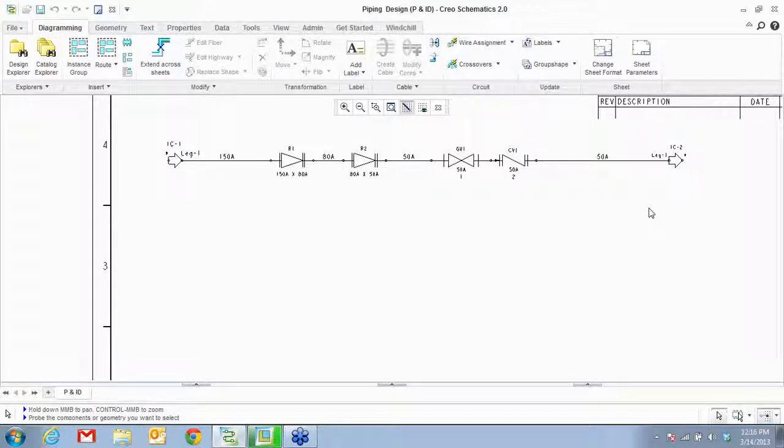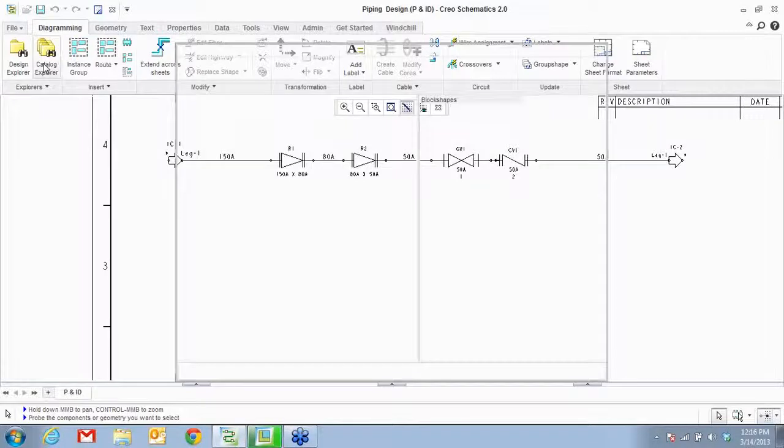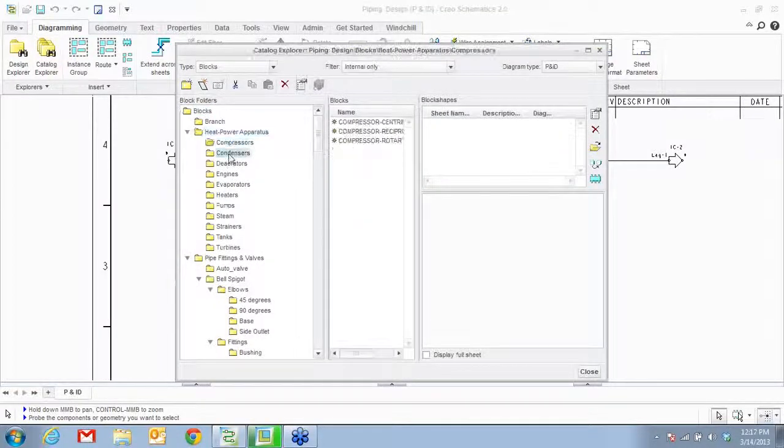So how did I go about creating this? Now this is Creo Schematics 2.0. It's a 2D tool. You get a light version free with piping and cabling. So what this helps you do is you set up everything in the 2D side of it and use the 2D information to route 3D pipes. So how do we go about doing that? So here we have something called a catalog explorer, and we have all our little symbols right here.